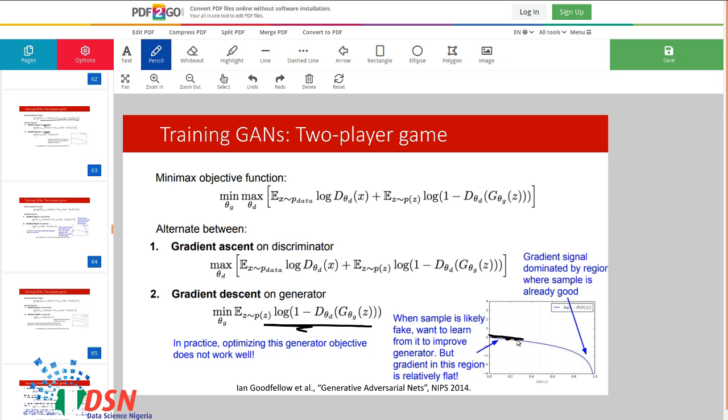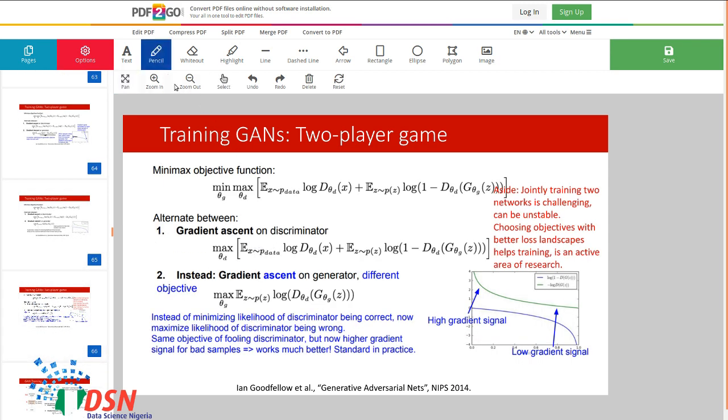In here we have a near flat region, so the gradient is near 0, and so you do not have a proper update for your generator parameters, and this could slow down your training process. In fact your generator update will be poor.